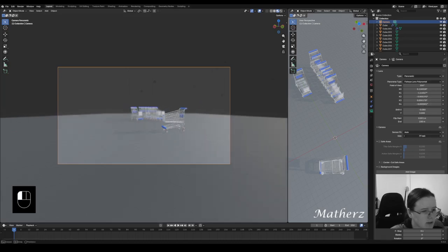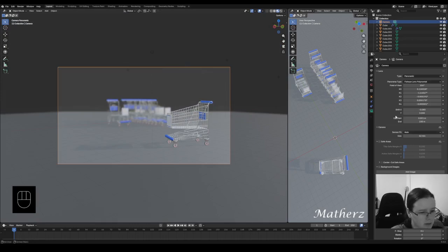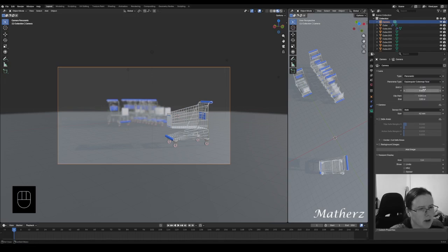I'd say play around with it, if I'm to be honest with you, and see what you can come up with. But yeah, that's how you do the fisheye lens. Those are all the settings for it. I'm not quite acquainted with some of the settings, especially some of the newer ones. It's been a while since I've done fisheye lens, but if you need it, these are the settings,